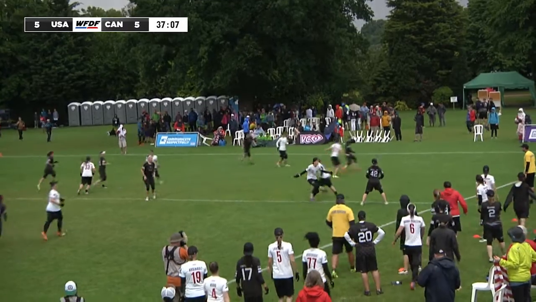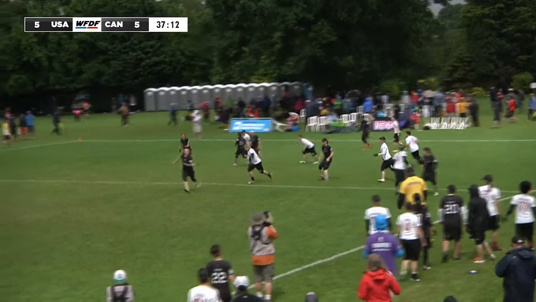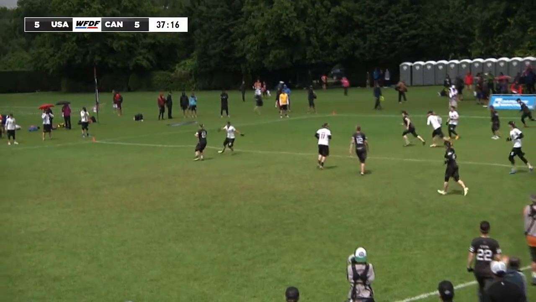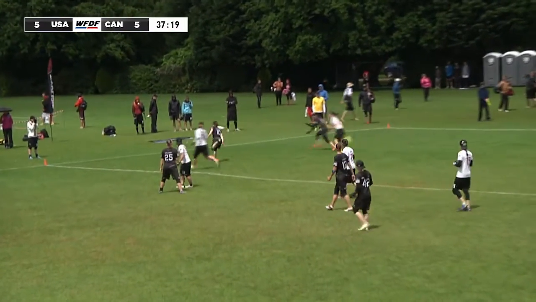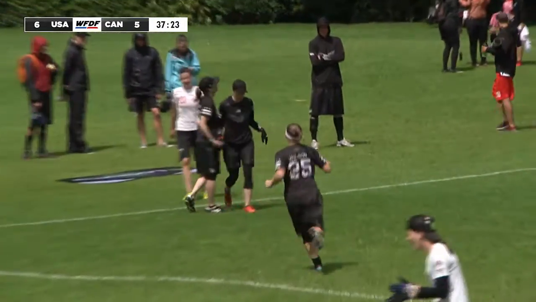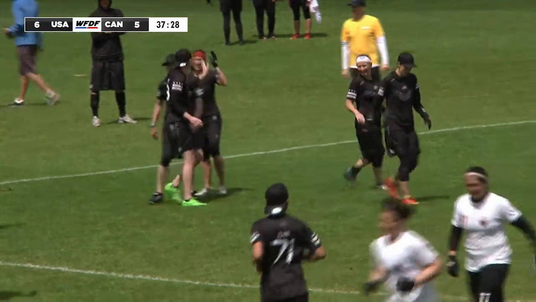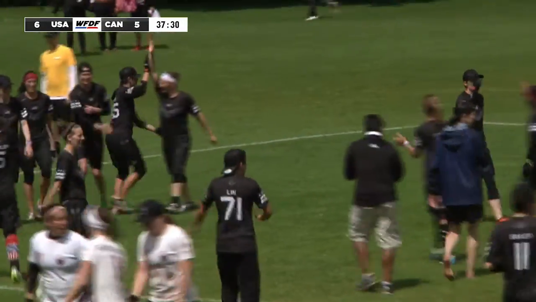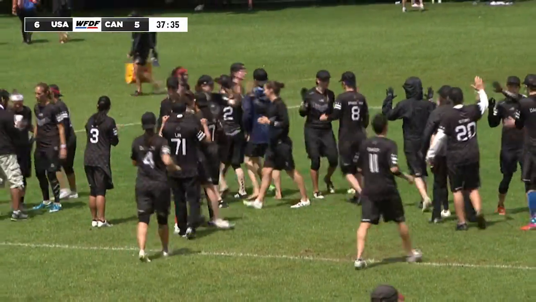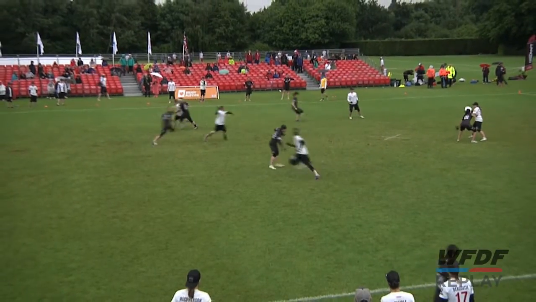Shooting forward, not quite in yet. Can't get the disc off, and now it'll swing out to Casey. And back to Wilson. Can the lefty hit it? Oh, it's too far for her intended receiver, Genevieve LaRoche. But coming down with it is Alden Fletcher. Second attempt grab. And that's 6-5. USA takes the lead over Canada as the sun comes out, and Canadians, a little bit stunned,